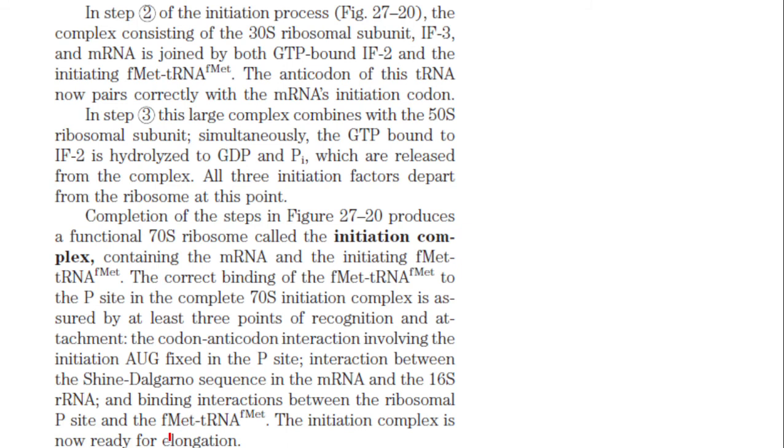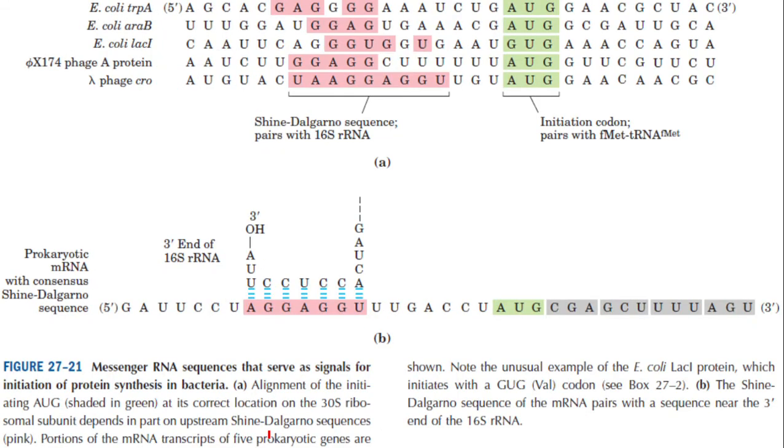Formyl methionine tRNA is there in the site. And this is the Shine-Dalgarno sequence, responsible for placing the tRNA correctly, which is actually positioned against the initiation codon of the mRNA. Actually, the Shine-Dalgarno sequence is positioning the mRNA sequence AUG in the correct position. Okay, this is about bacteria.